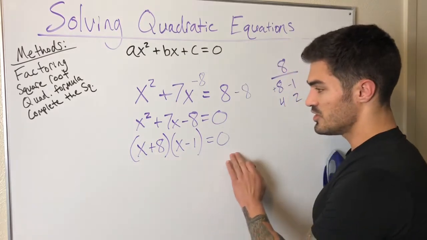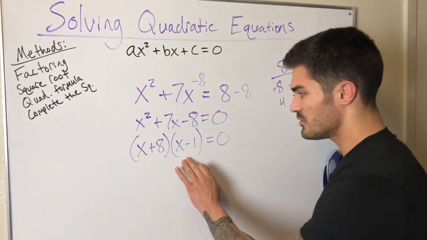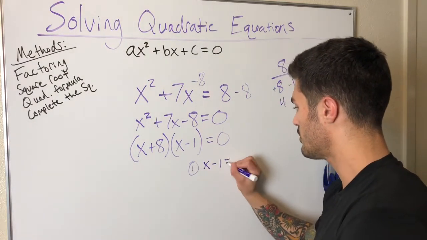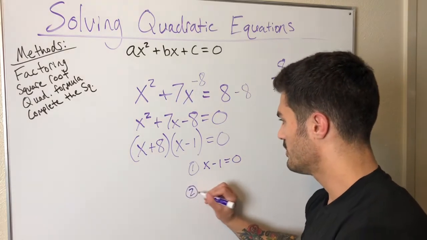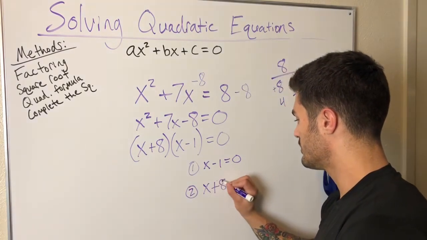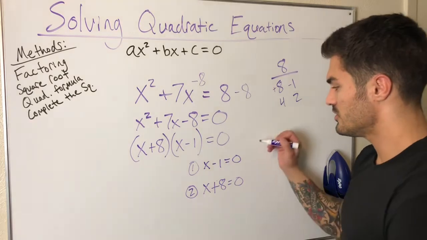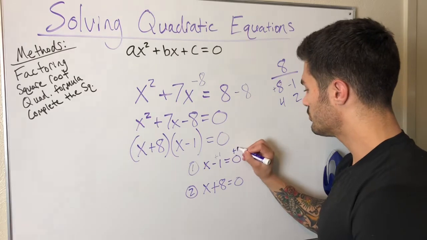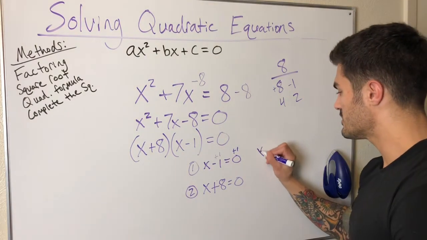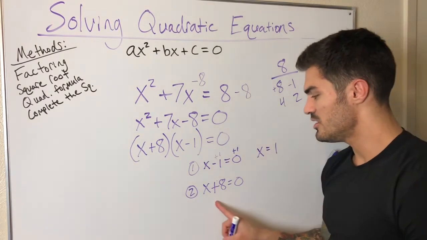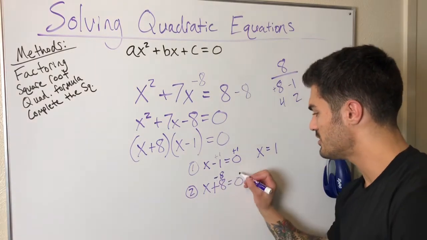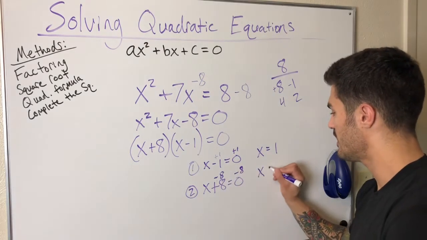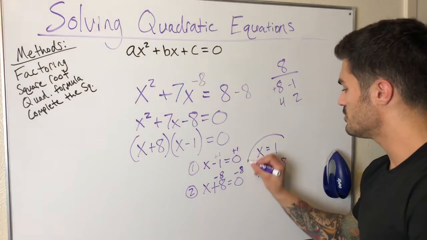So now, same idea. This times this equals 0, so that means either this equals 0 or this equals 0. So I set up two little equations. I have x minus 1 equals 0, and I solve this one for x. And here I have x plus 8 equals 0, and I solve this for x. So just doing a little bit of algebra. Here I add 1 to both sides, plus 1, plus 1, and that leaves me with x equals 1. And then here, same thing, a little bit of algebra, minus 8, minus 8. Just got to get that x by itself. That will cancel those 8s, and I'm left with x equals negative 8,